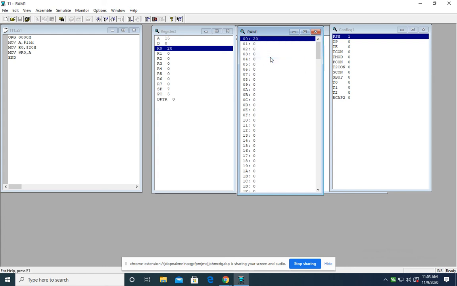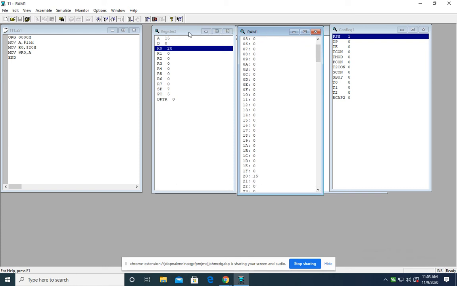So you can make it hexadecimal. So 20H is the data we have stored in the R0 register, but it is acting as a pointer for data transfer operation. That is the destination address, okay, to which this 15H will be transferred. Okay, and we can observe this 15H is transferred to this 20H location.